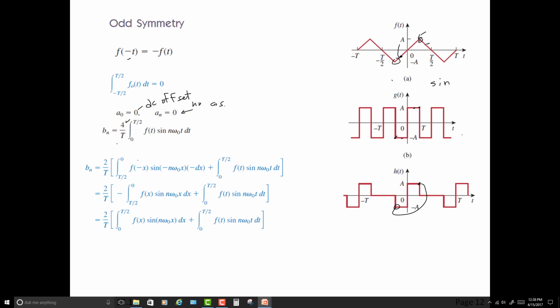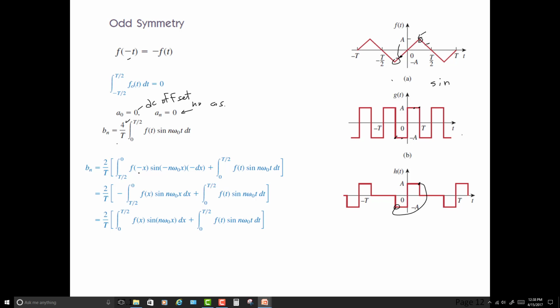It follows very similar, in fact, the same arguments as the last time, except notice now, if we track through all the minus signs, here's our f of minus x, sine of minus x, but we just have to be careful to note that f of minus x is going to be minus f of x,